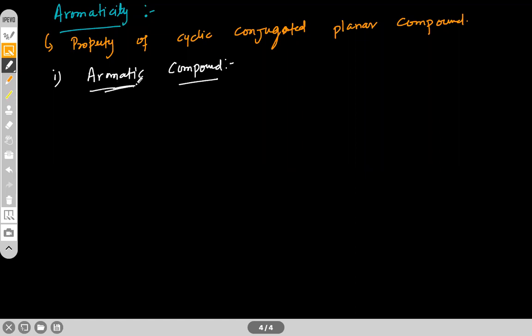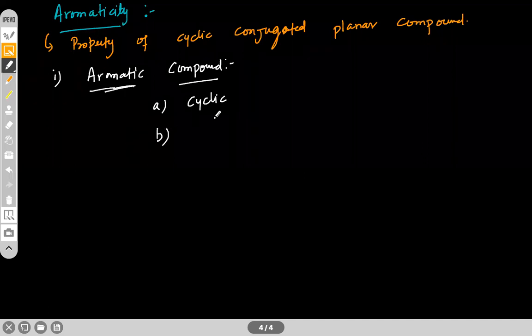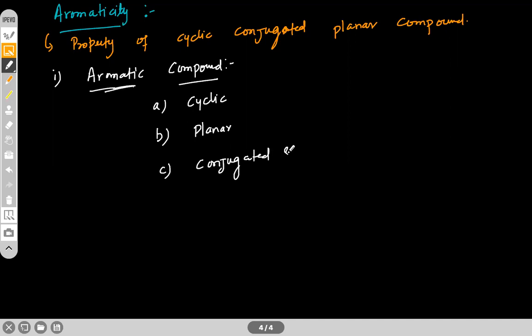Aromatic compounds are those compounds which are, first of all, cyclic. The second condition is what? It must be planar. Planar means all the atoms should be sp2 hybridized. And the third is conjugated system. Molecules must be conjugated. And the fourth property that it follows